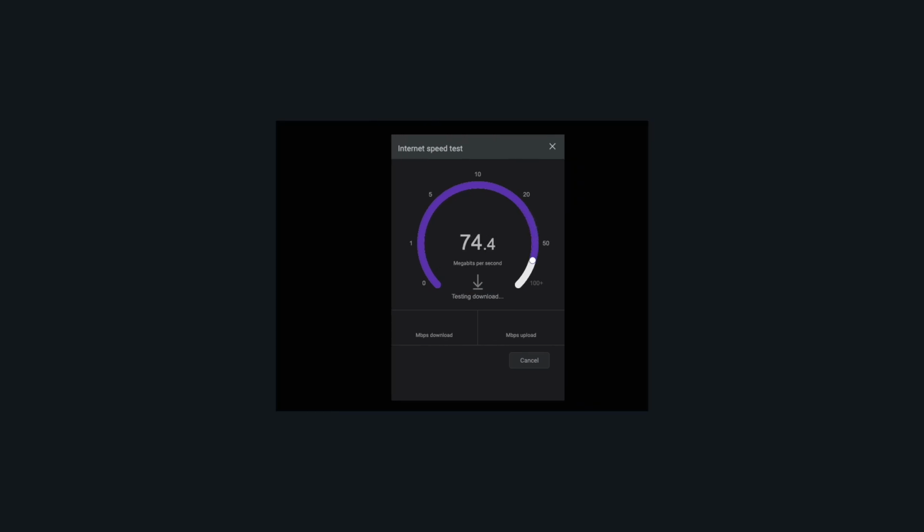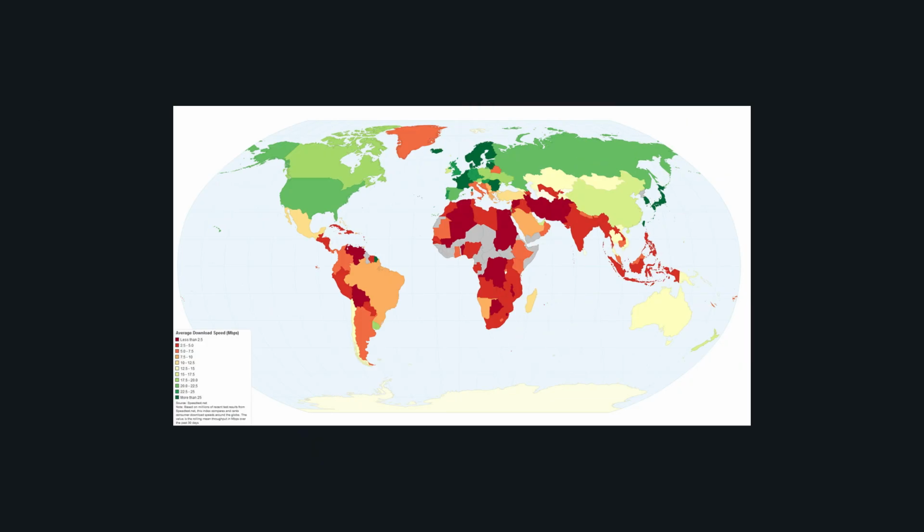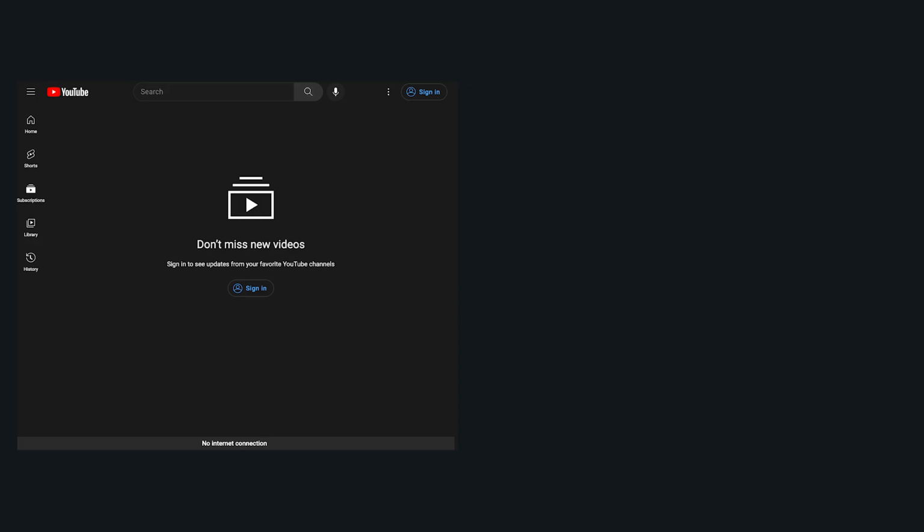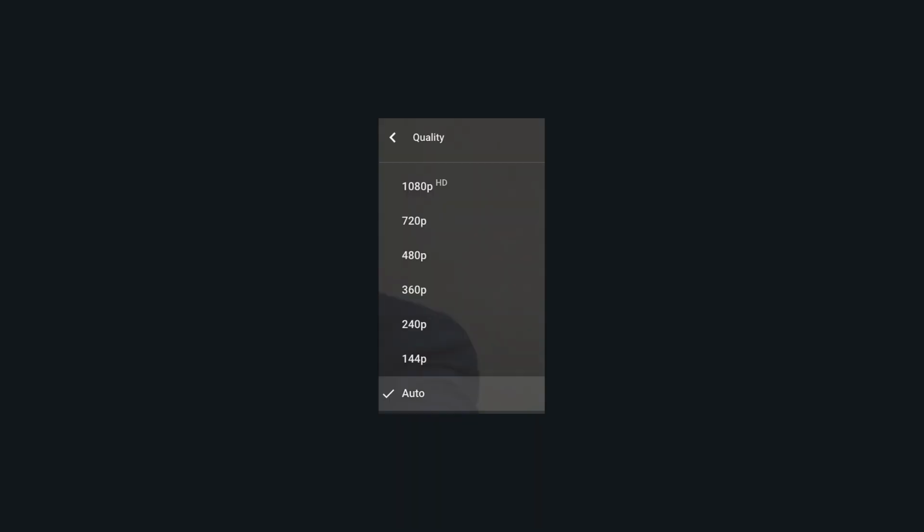Someone's network connection can greatly impact their experience with your web app. If you're like me and live in a place with good internet speed, then it's easy to forget that billions of people aren't as lucky with their internet connections. YouTube's a great example of a site that adapts to a user's connection. It gives alerts when you go offline or back online, and also uses internet speed to determine the quality of